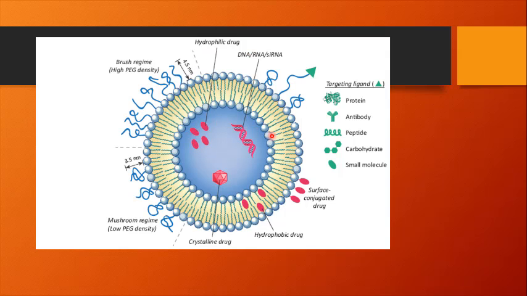These lipid bodies will then interact with the structure which we are going to target. For example, if the targeting ligand is a protein, the surface molecule will be structured according to that condition. They can act as antibody, peptide, carbohydrate, or small molecule as well. This is based upon the target molecule. There are surface conjugated drugs as well. Hydrophobic drugs can also be placed here, but mainly we are concerned with DNA and RNA, the transgene which we insert in the center, and then we transport these liposomes into the body.